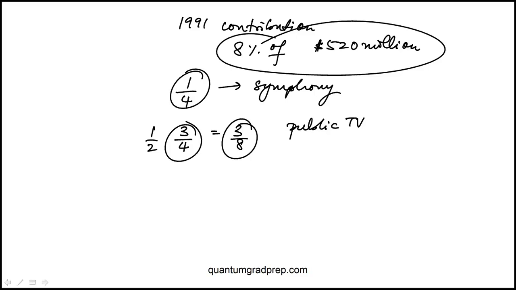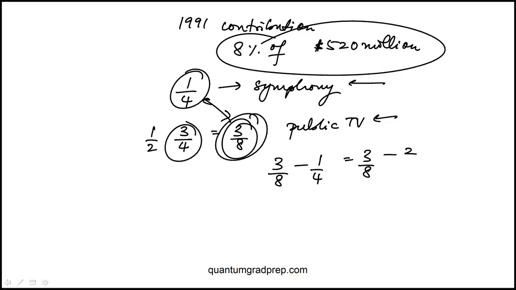And the question is, this amount, that is the amount that went to public television, is how much greater than the amount that went to the symphony orchestras. So really the difference here, since we're doing this as a fraction of the total amount, I can just subtract these two quantities. So 3/8 minus 1/4, which is really 3/8 minus 2/8, which is 1/8, because the question is